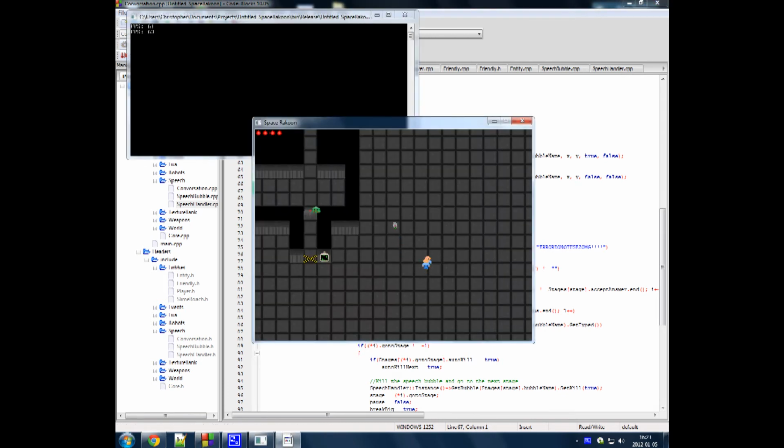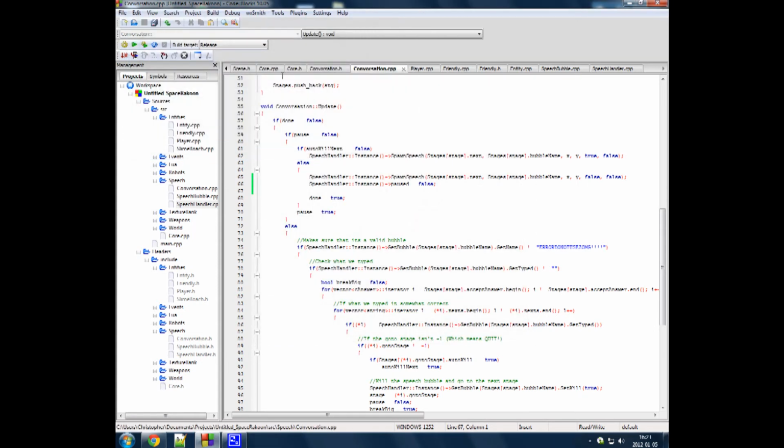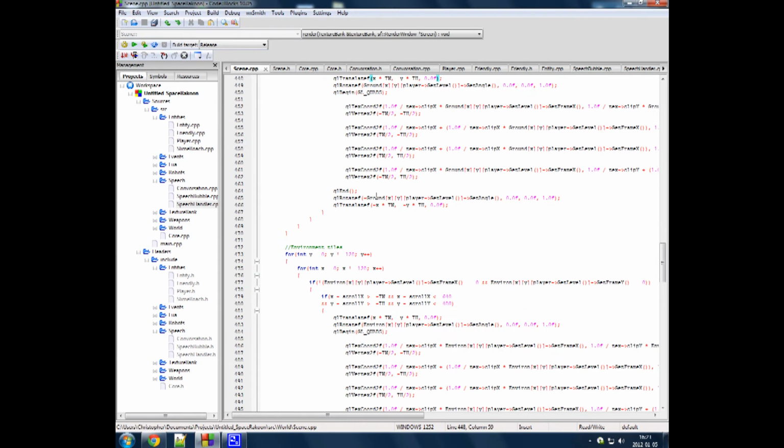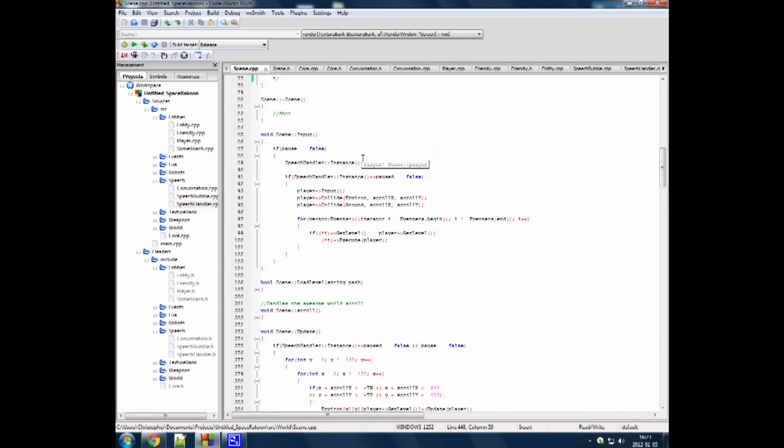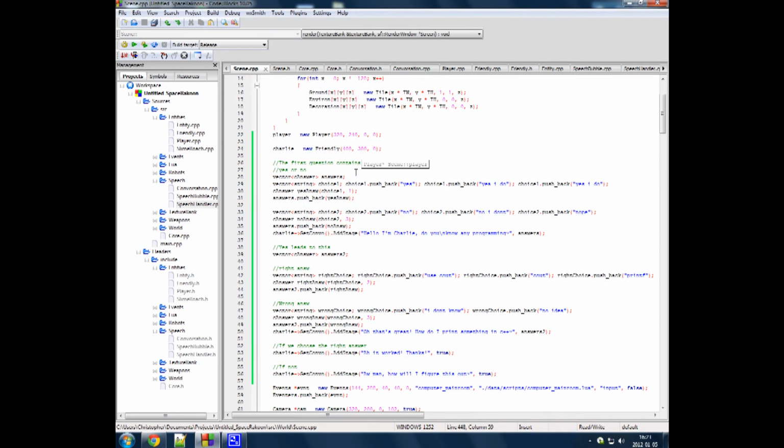And I can do different answers. I think I've added nope as well. So I have multiple answers as well. And how that works, right now it's quite ugly. I will make a better system for creating